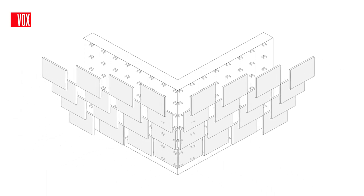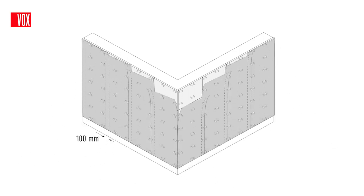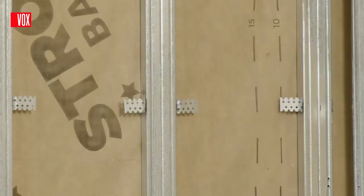Next, apply thermal insulation to the attached hook and puncture it. A vapor barrier membrane is applied to the thermal insulation, and then metal profiles are attached to the fastening hooks, which will serve as a base for installing the Fronto panels horizontally and at the same time ensure adequate ventilation between the wall and the panels. The excess hooks are bent over, with the ends slightly hammered into the insulation, so that it adheres properly to